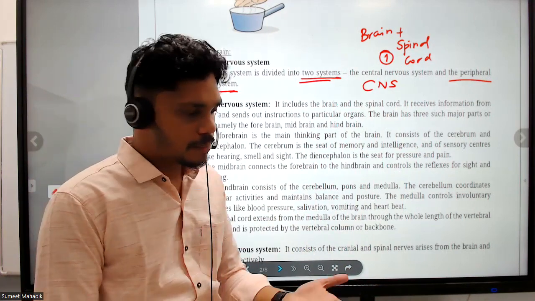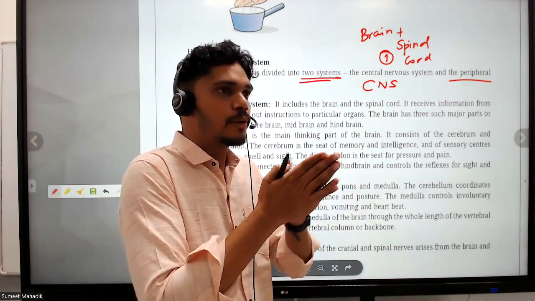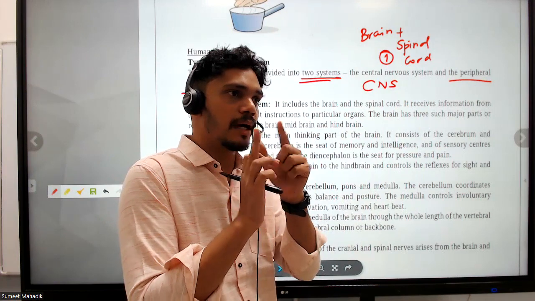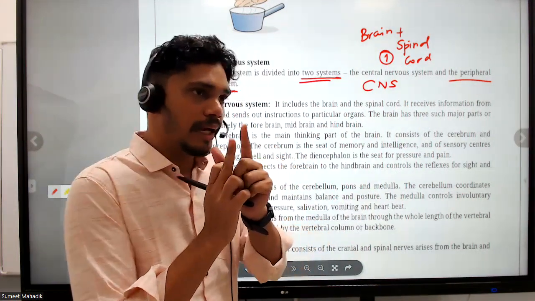And we can say, whenever we feel very cold, we will do like this, because we feel more cold here. Nerve endings are there at the end of the